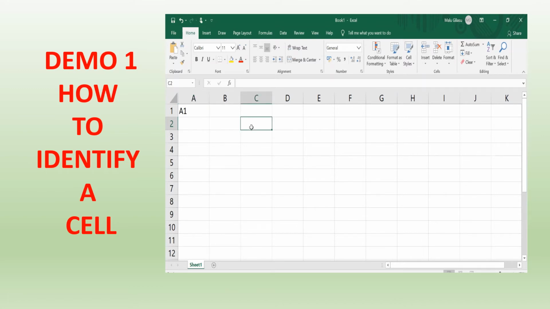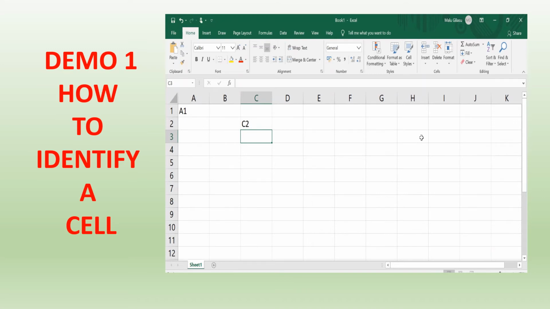This is column C and row 2. So what will be the cell address? C2. So we are identifying the cell by the column name and the row number.